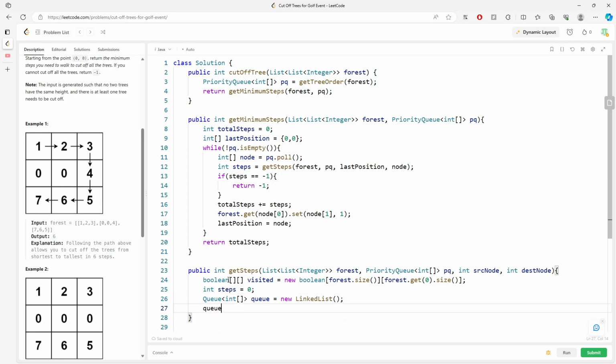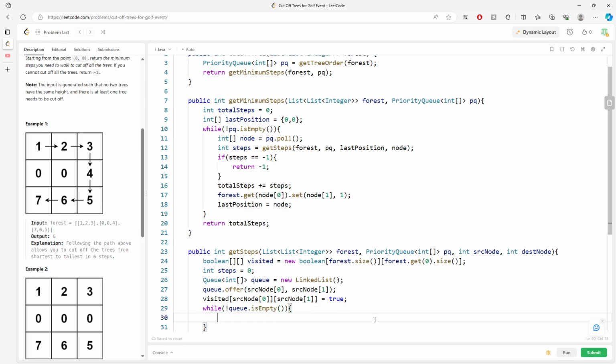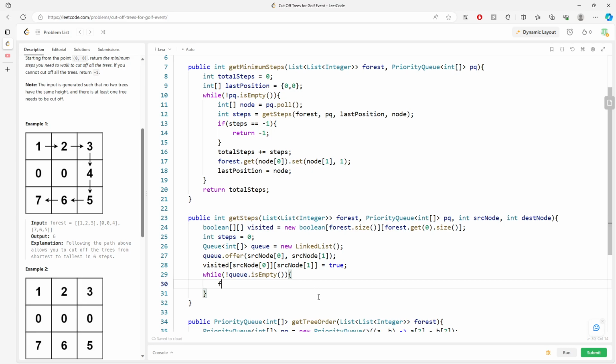So you will start from source node, right? So it's going to be source node 0, comma source node 1, and then yeah. So make sure you set the visit right away. Source node, and change this one equal to true. So while the queue is not empty, right? While the queue is not empty, then I can traverse my size